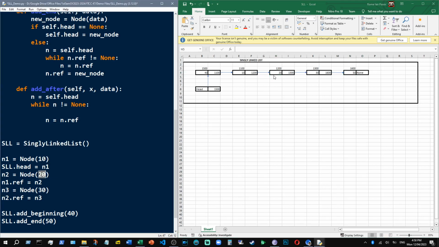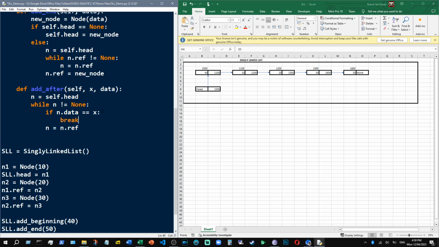So if there exists, how are we going to do that? As we traverse these nodes, upon checking if n.data is equal to x,